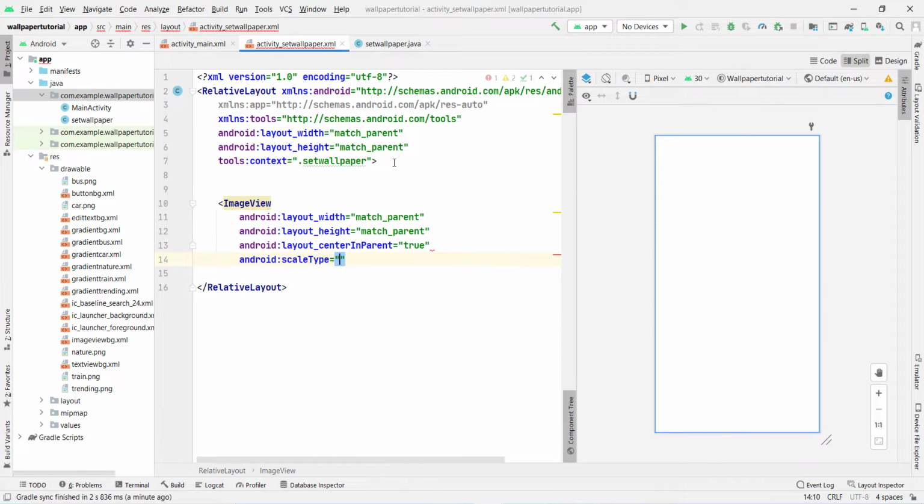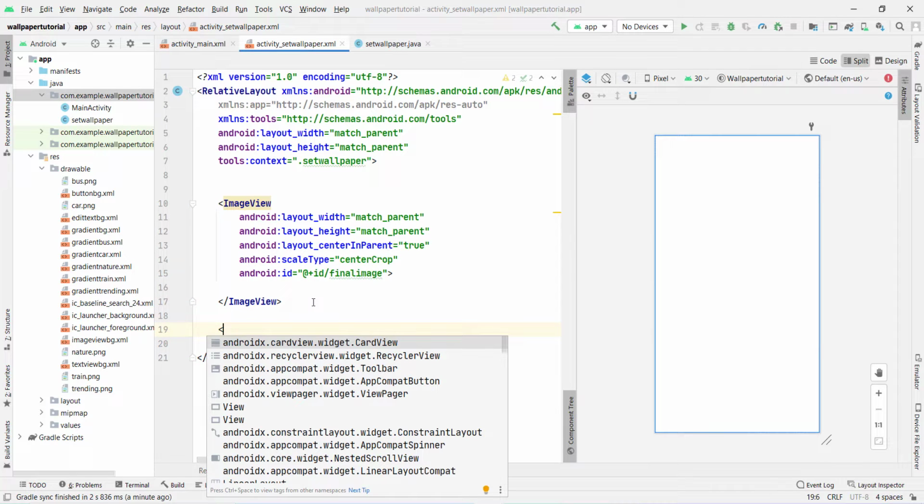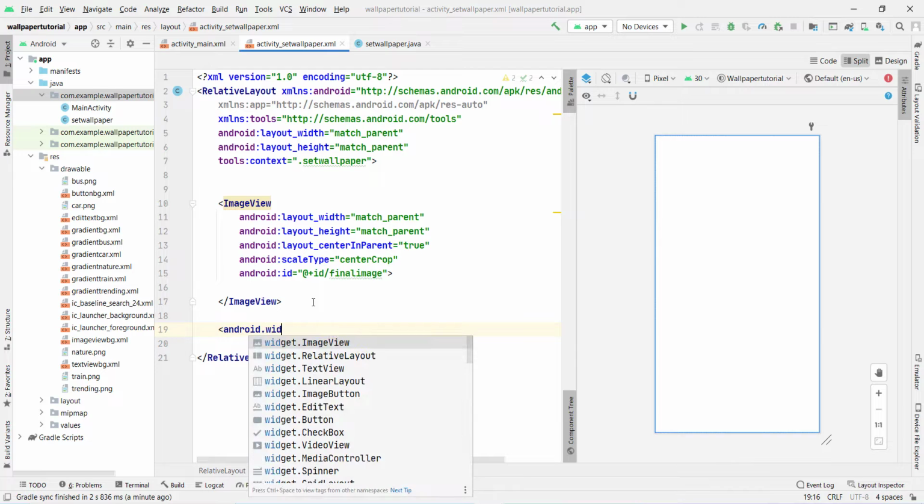and give the scale type center crop, and now give the ID. So I give the ID name here final image. So you can give any ID name, it is your choice. Then close this. So you can see it occupies the whole screen. Now below this, what I need on the screen, I need a button also. So I am going to use